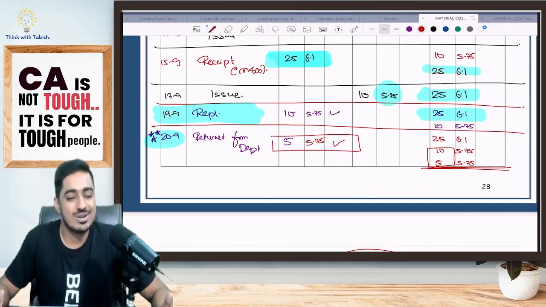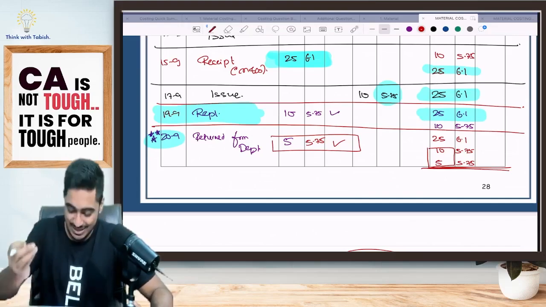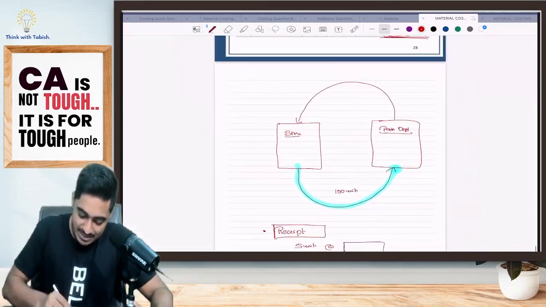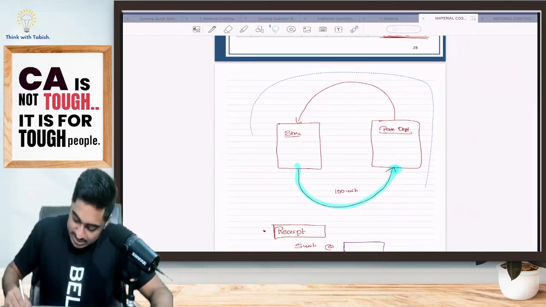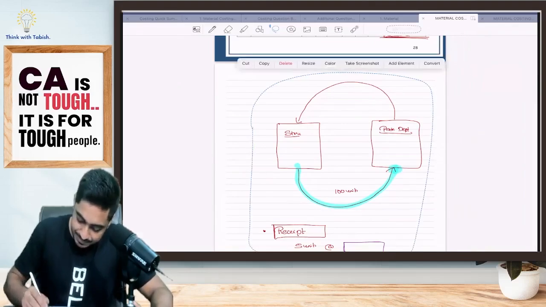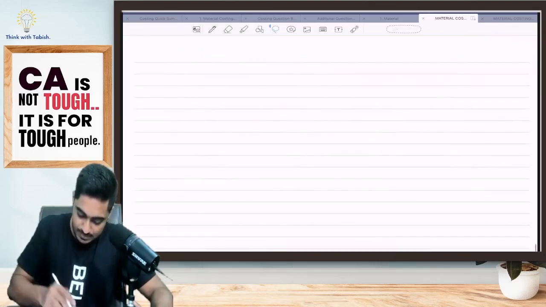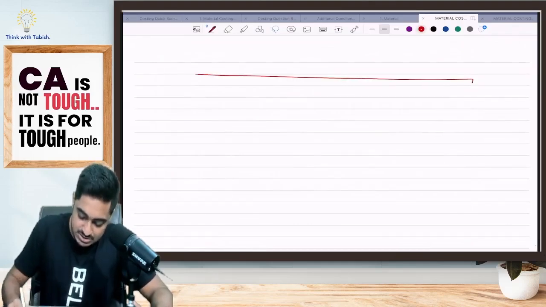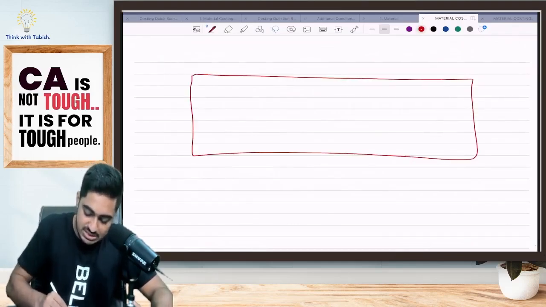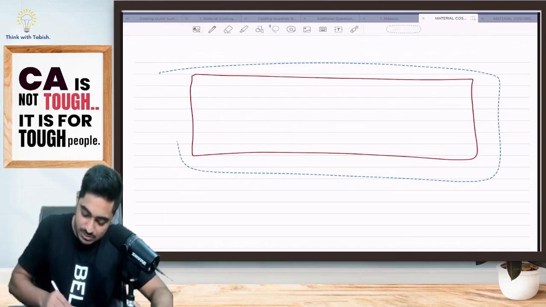Sir, what on earth are you telling us, sir? Pay attention. Give me some time. I will explain. Don't worry. Now, I want you guys to understand one very simple thing. Pay attention, students. Even though it is just an exam-oriented batch, I am trying to explain everything in the most logical way.